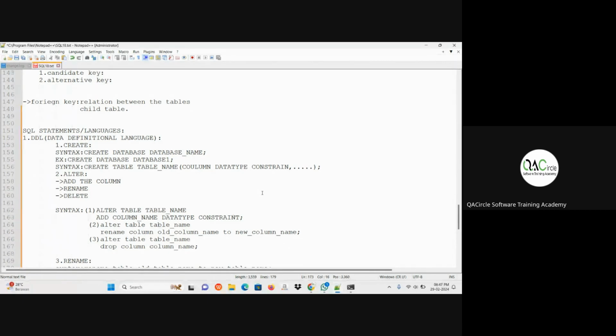Here we can store duplicate records. Next point in the primary key constraint. It cannot create a parent and child table relationship.